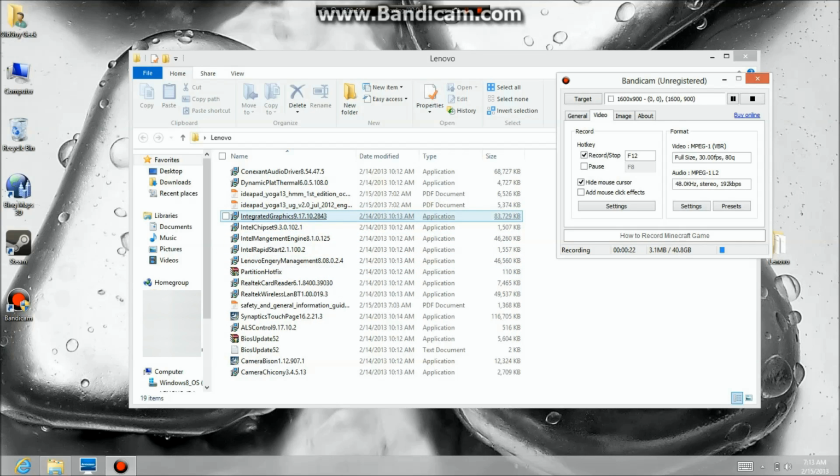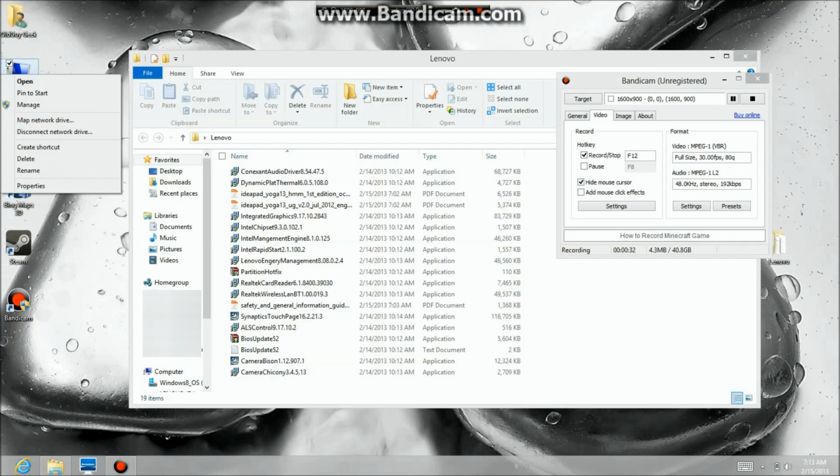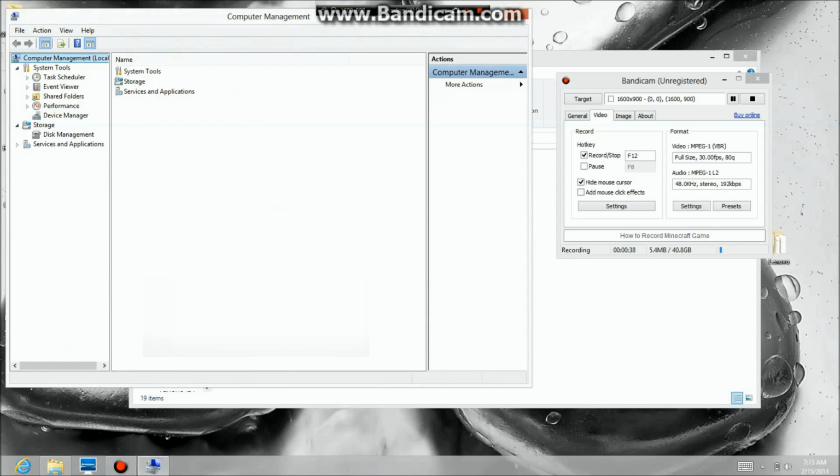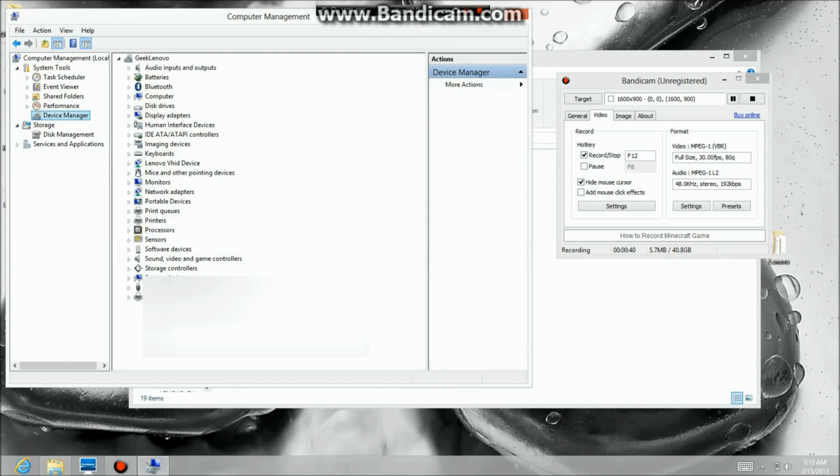So how do you know which of these is already loaded on your system, the last time you went there and did it? How do you know what's already been installed? Well, you go up here to My Computer, right click on it, and through this desktop interface say Manage. We click on there and your system information will come up, and you'll see right here Device Manager, and there are all the devices that you have on your system. So we're going to choose the display adapter and take a look at it.